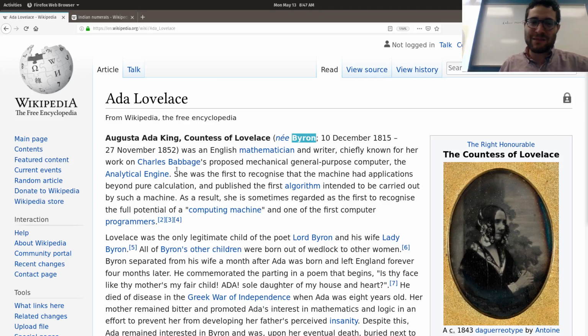And so eventually she met Charles Babbage, who had this proposed mechanical general purpose computer. He proposed a computational machine that could be programmed to do numbers. And Ada had this amazing idea. First off, this machine never even got built, never even got completed. But she said, here's the specifications to the machine. Here's how you can calculate Bernoulli numbers on this machine.